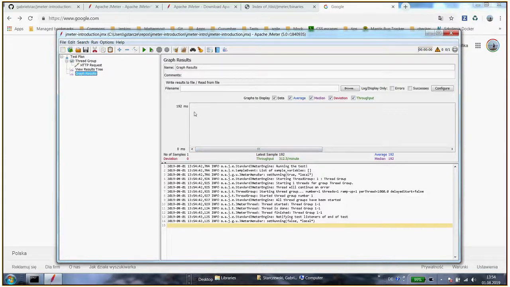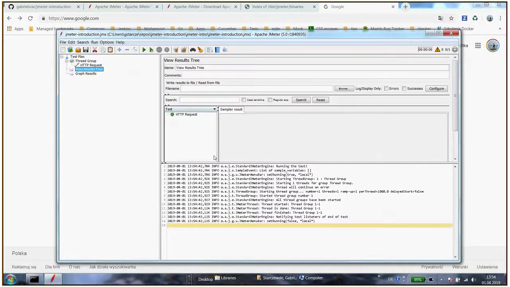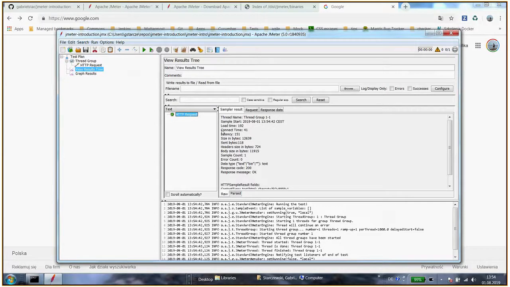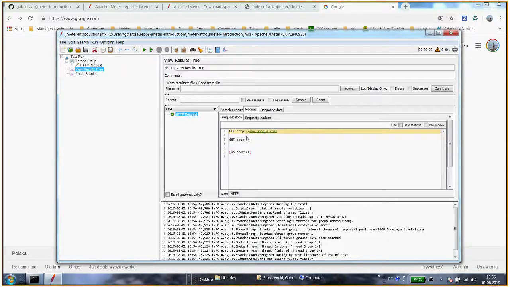You might not be able to see that because it obviously makes more sense when we have lots of requests. But here I should be able to see my first request. And as you can see, I have also some information about that related to JMeter, like load time, connect time, latency, sizes, and so on and so forth. What's important is the requests that I can see. Here I can verify I indeed issued a GET request towards HTTP www.google.com